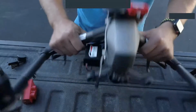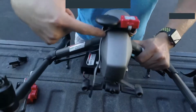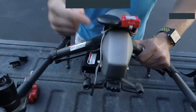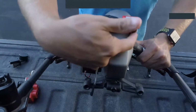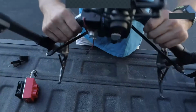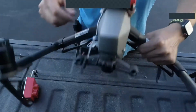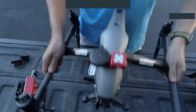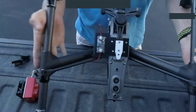wrap the wires around, put them in a convenient location. Here you can see the two screws that fasten the bracket. You're going to remove the old DJI screws and then replace the DJI screws with the bracket between the aircraft. At the bottom here, you can see the rest of the components, but we'll talk about that in a second. You're going to get the sensors installed at the top, and then you're going to wrap them around for the